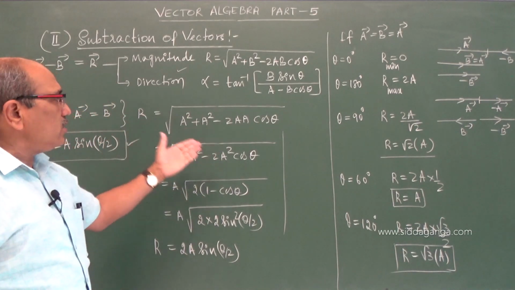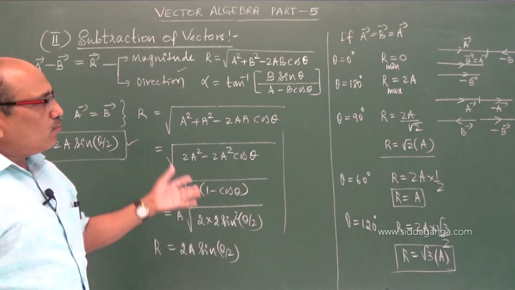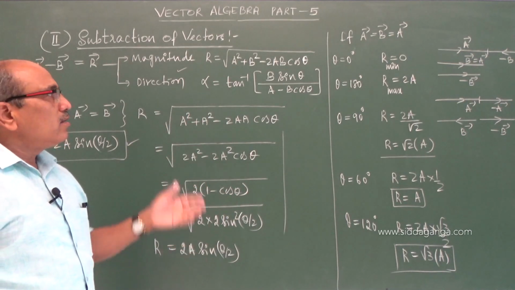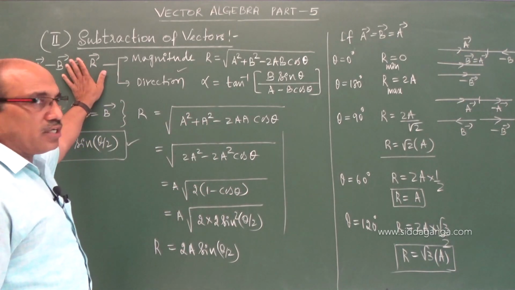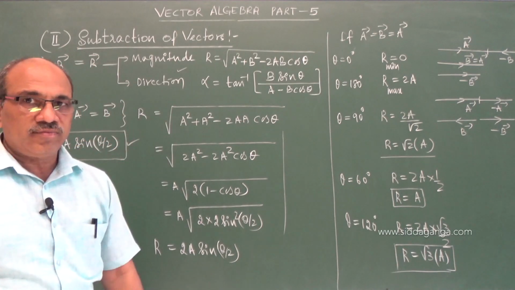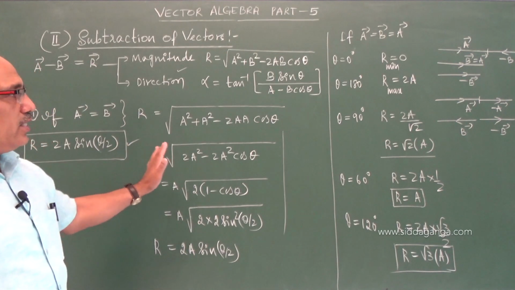Through conditions and equations we come to know this, and only to come to the comfort zone did we explain this data. But the law of subtraction of vectors must be known correctly. With this I go to the next part.